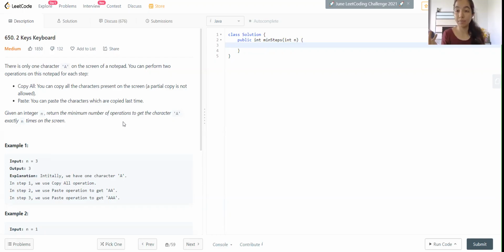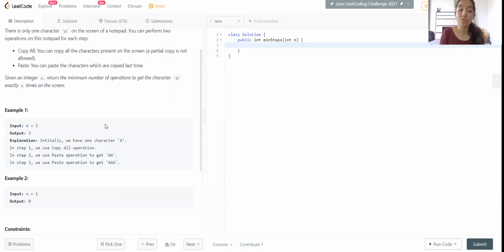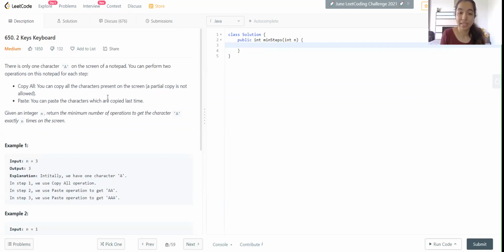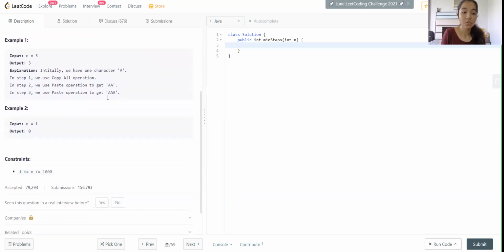So if that would have been the question, it would have been very easy. We would just have returned n. But that is not the case. We have to return a minimum number of operations. So while we read this question, we understand that this is not an easy question to go through. So let's analyze some problem statements, examples, and test cases.